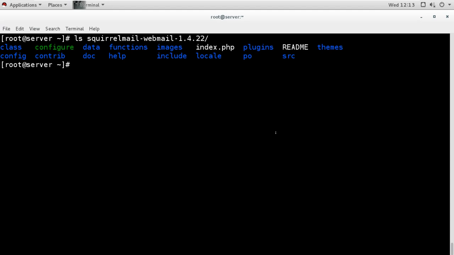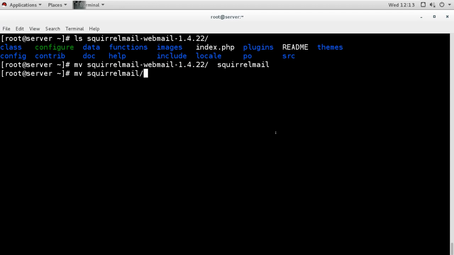Now what? First I will rename the directory. Squirrel Mail is a long name, so I'll make it short, just Squirrel. Now I will move it to a location where it can be accessible.